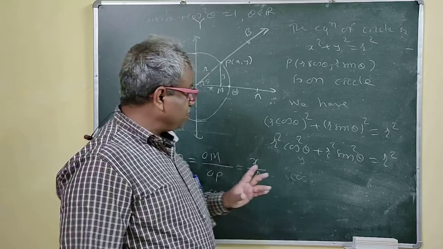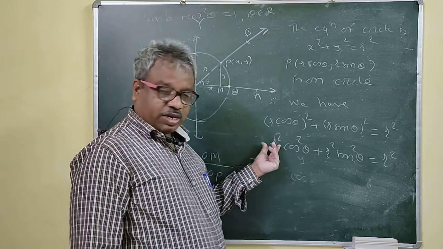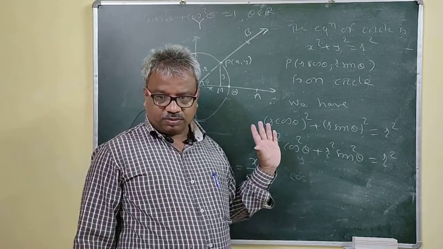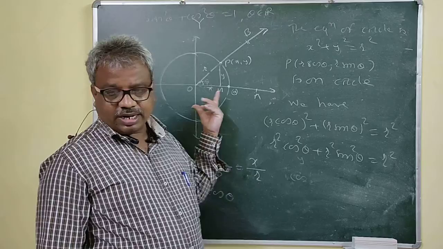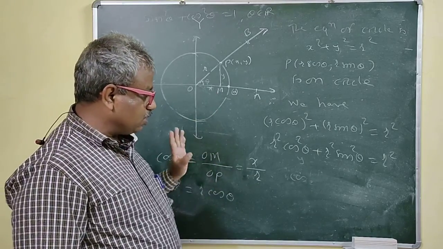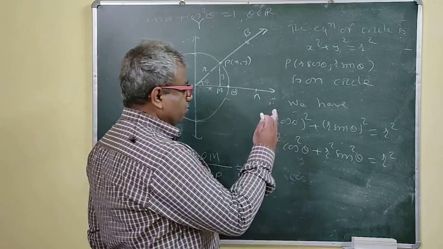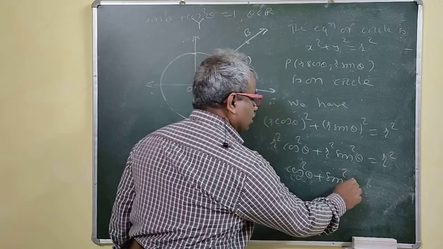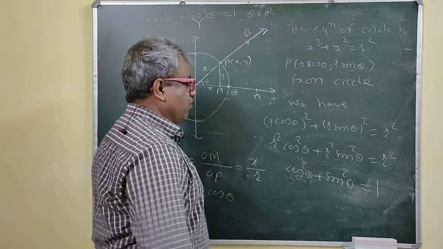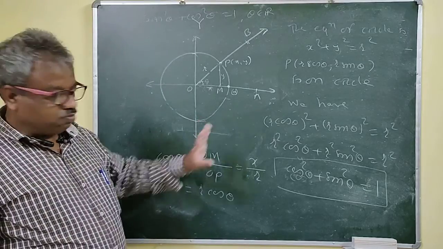You have the specific region now. If you don't know what r is, you cannot divide by r or by r square. But here r is the radius of the circle, and the radius of the circle cannot be 0, so you can divide by r square, because r square is not 0. So this is cos square theta plus sin square theta is equal to 1, and we get the result. With the help of the circle, we have proved this.